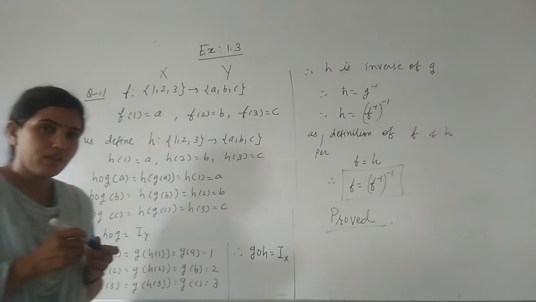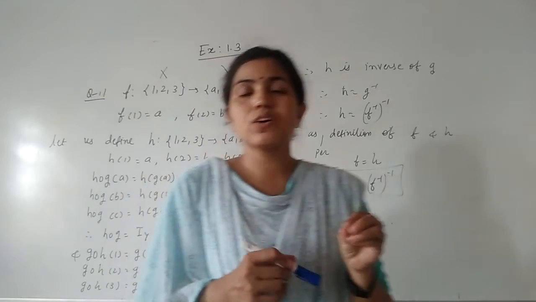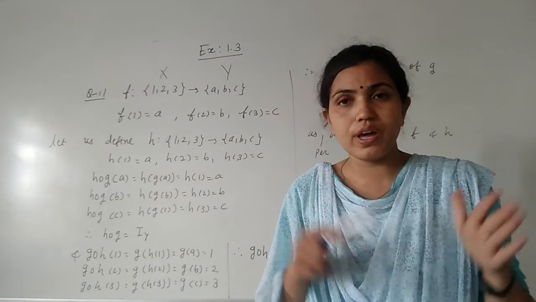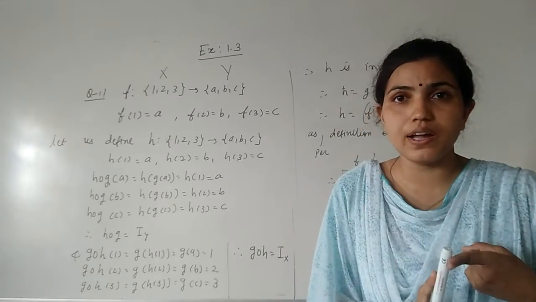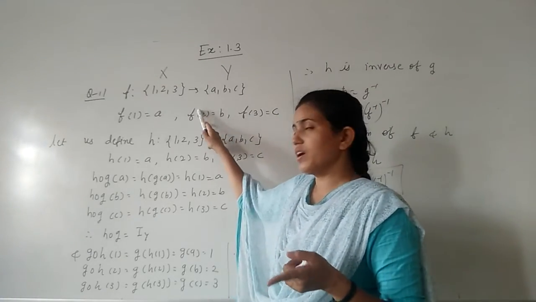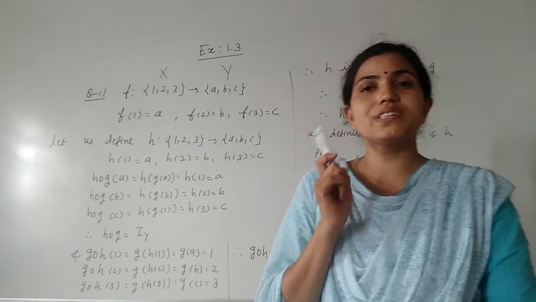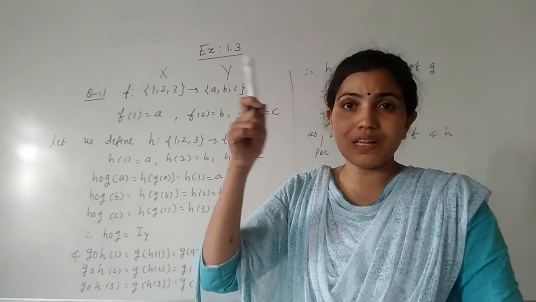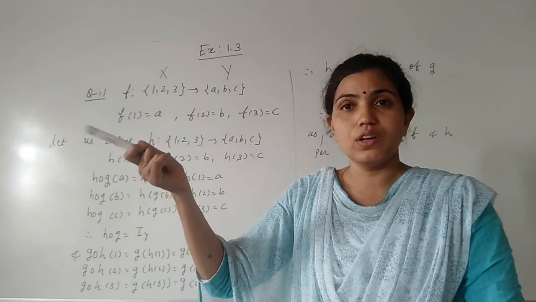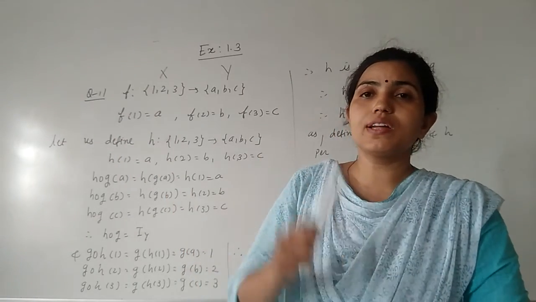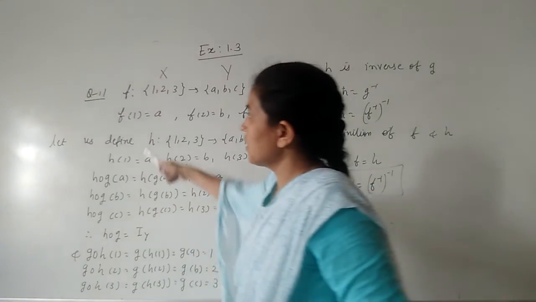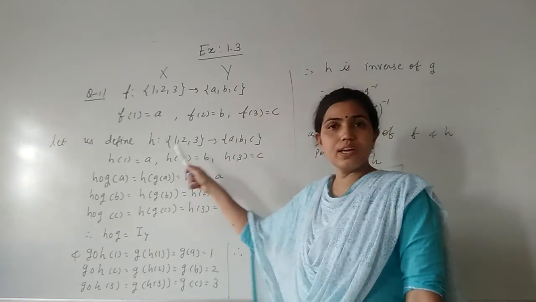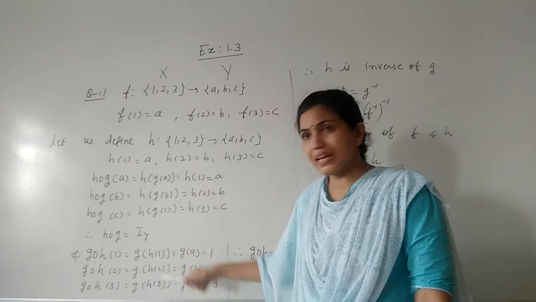What we have done? Now I think you are clear with this. What we have to show? First we have to find out the F inverse. तो F inverse find करने के लिए हमें क्या करना है? जो F का डेफिनेशन है उसके ही इनवर्स फॉर्म में G को डिफाइन करना. Then F inverse of inverse मतलब कि इनवर्स का इनवर्स डिफाइन करना. So for this we will define the inverse of G as the H. Okay, और H डिफाइन कैसे करेंगे? जो G डिफाइन किया उसका इनवर्स. And we will show this identity.